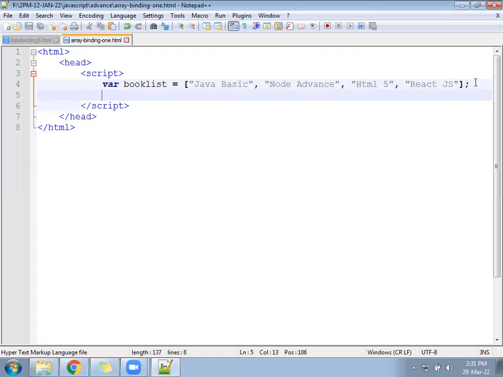So it is becoming a global array for this current file. This becomes a global variable.